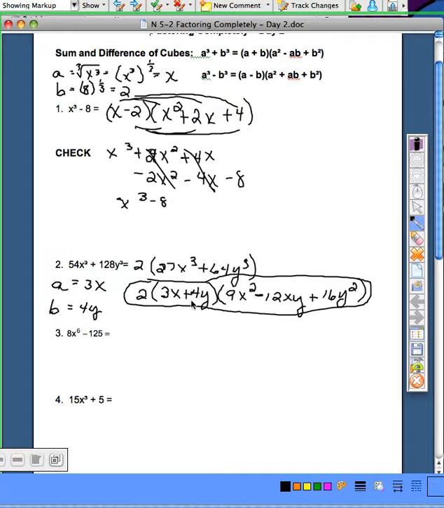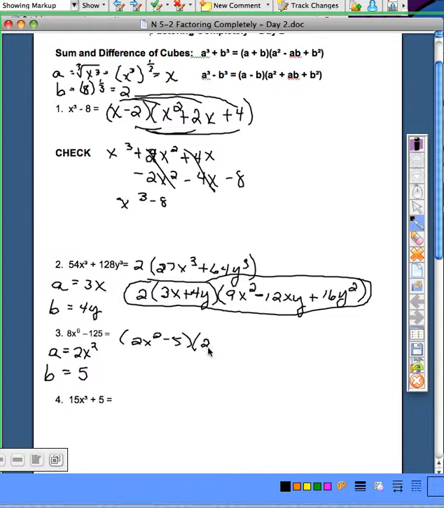For the difference of cubes or the sum of cubes, if you could factor this further, then you need to do that. Now look at this, cube root of 8, so we're going to find our a. Cube root of 8 is 2, cube root of x to the 6th is x squared, and the cube root of 125 is 5. It's a difference of cubes, so my answer is 2x squared minus 5